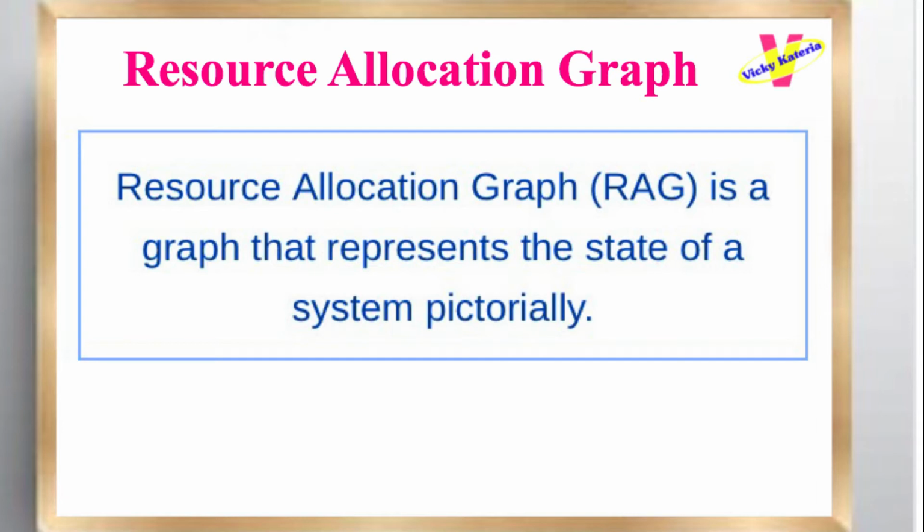Resource Allocation Graph. Resource Allocation Graph (RAG) is a graph that represents the state of a system pictorially. It gives complete information about the state of a system such as